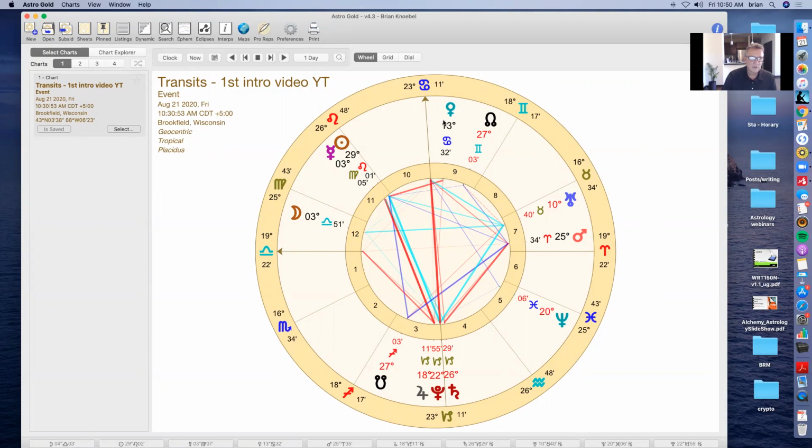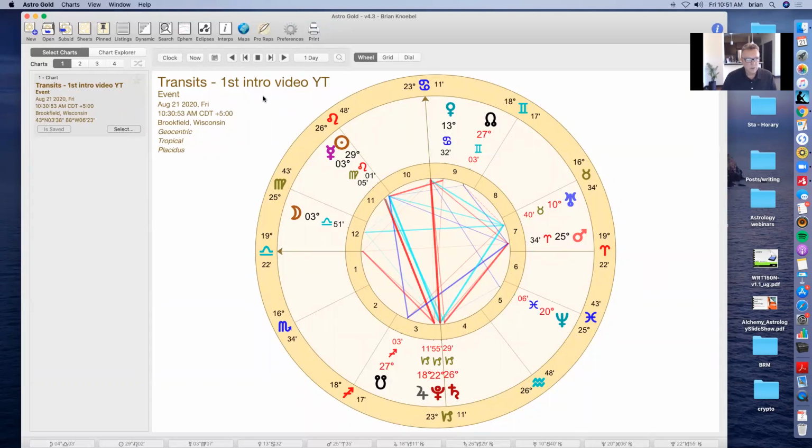But Venus is in 9th house. It's very close to my MC. And then down here on the IC, 23 degrees, 11 minutes of Capricorn. It's very exact to where my natal Saturn is. And I've been going through a lot, obviously, with everybody else with the Capricorn transits. I have Saturn-Jupiter conjunction in late Capricorn. So I found it interesting.